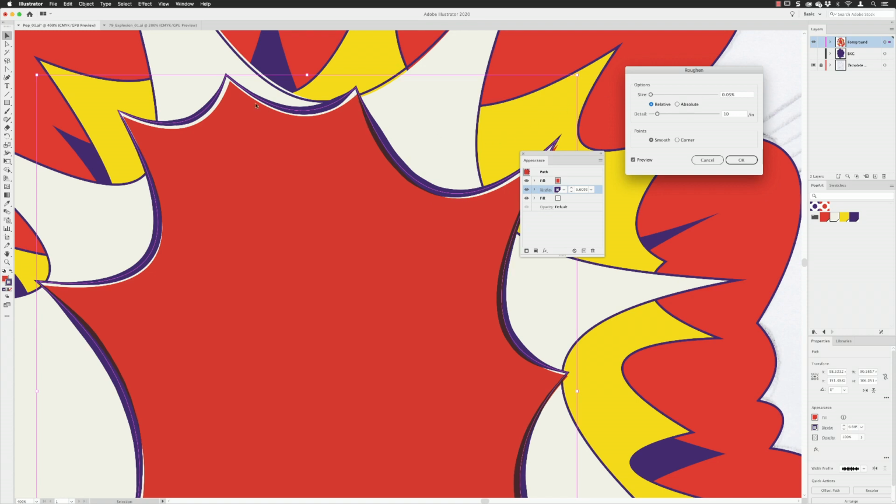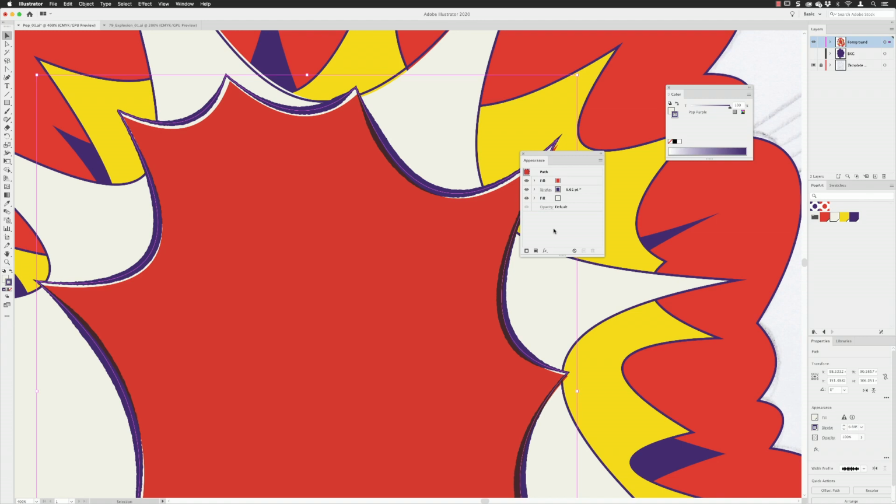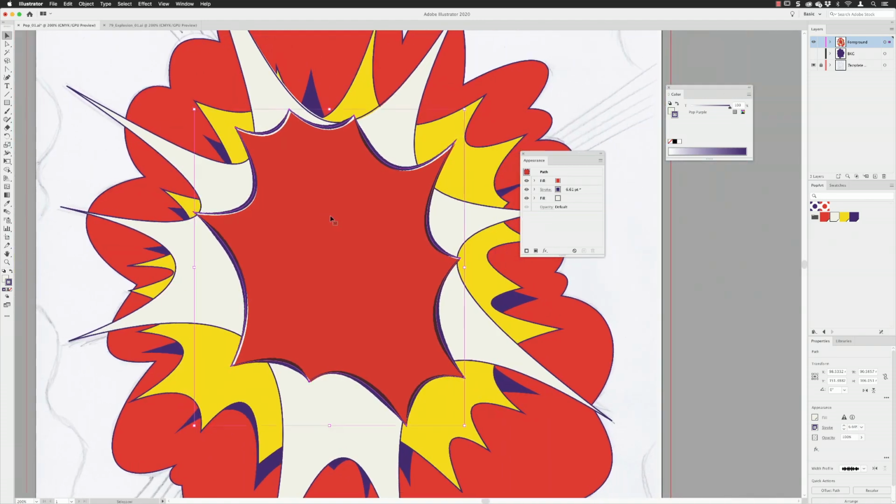this appearance in here. So it's slightly uneven, but it's hard to spot because we need to go finally to the detail slider and drag that all the way to the far end. And we now start to get this uneven edge around the outside of our stroke in here, just to make it look a little bit more roughened and a little less neat and vectorized. So with that done, I could then click OK, and that completes part of the appearance for that particular part